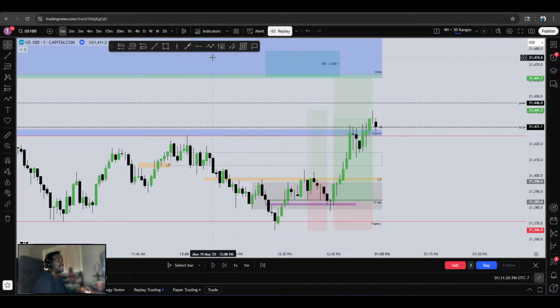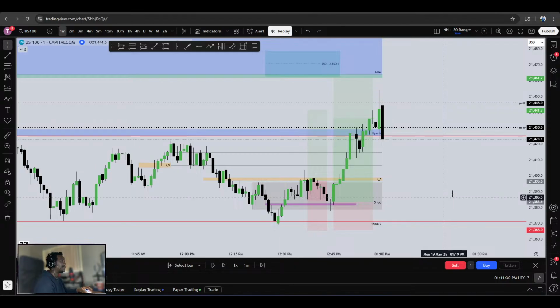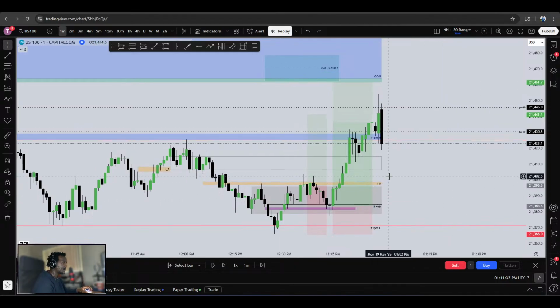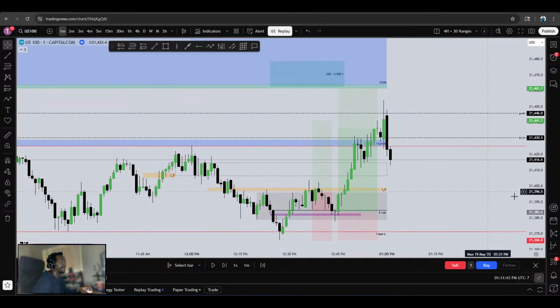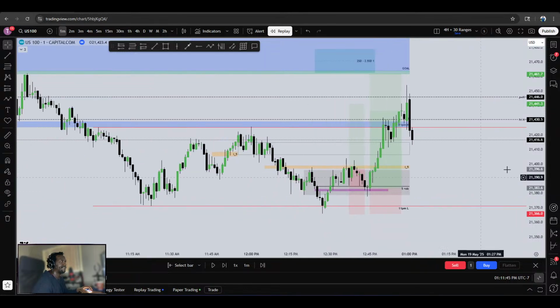So what we see here is, what time is it? 12:58, and then after 1 p.m. I'm pretty much skeptical. I didn't have time to babysit my charts yesterday because I had to leave at 1:15. I had to go somewhere, pretty much go to work, which is something that I can't wait to